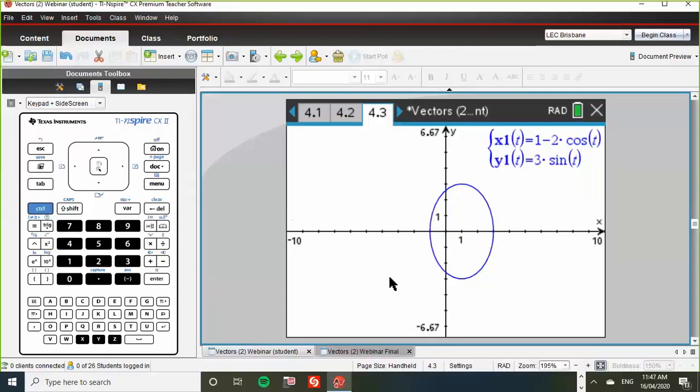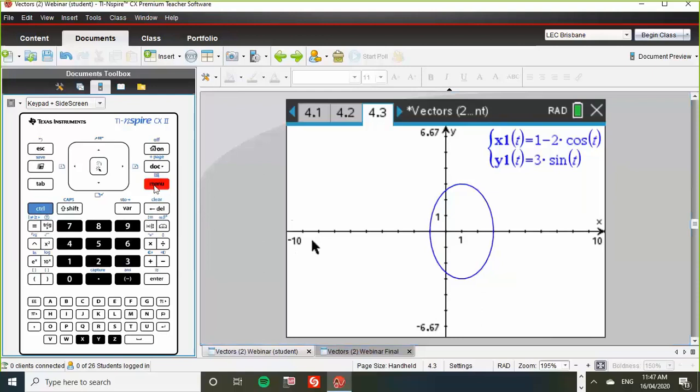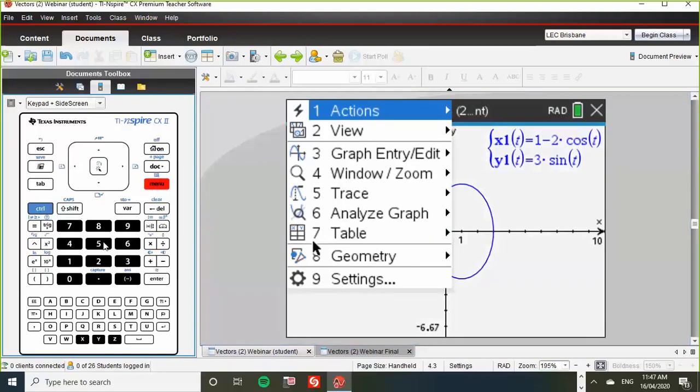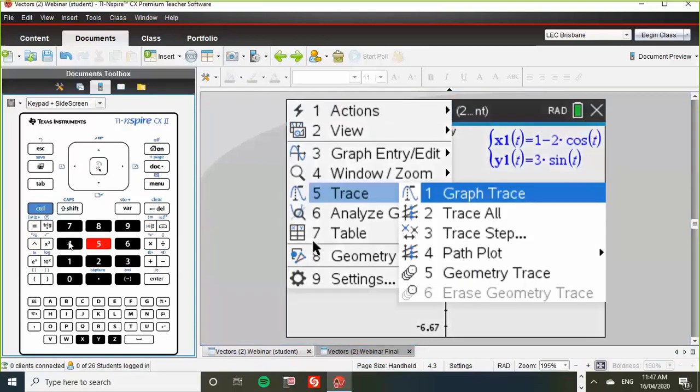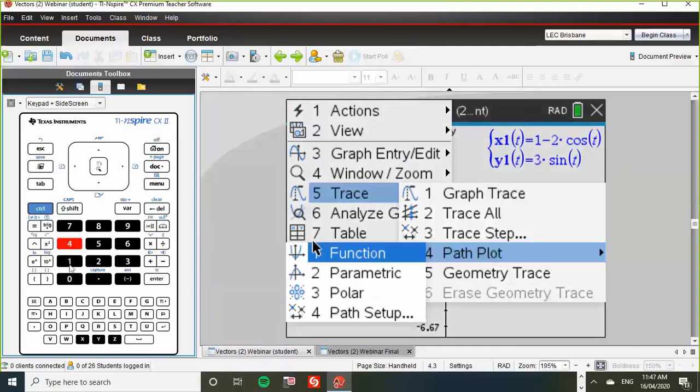But we can also now interrogate the graph to try and work out, where does the particle start? What's the period of motion? And what direction does the particle travel in? Does it travel clockwise or anti-clockwise? So if we press menu, 5 for trace and then 4 for path plot, and then let's have a look